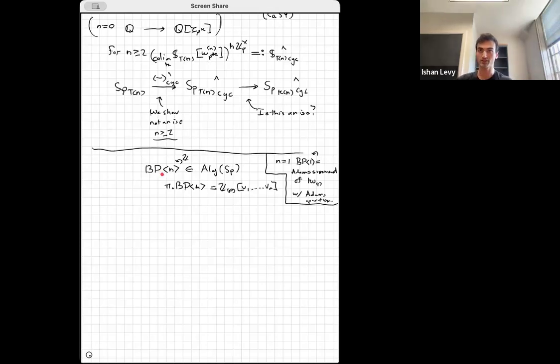So we construct these rings, and then the point is that we use algebraic K-theory of these rings, or maybe the fixed points of these rings, to provide counterexamples to the telescope conjecture. Namely, let me just set that up. There's this functor, algebraic K-theory, which takes in an algebra in spectra and outputs a spectrum.